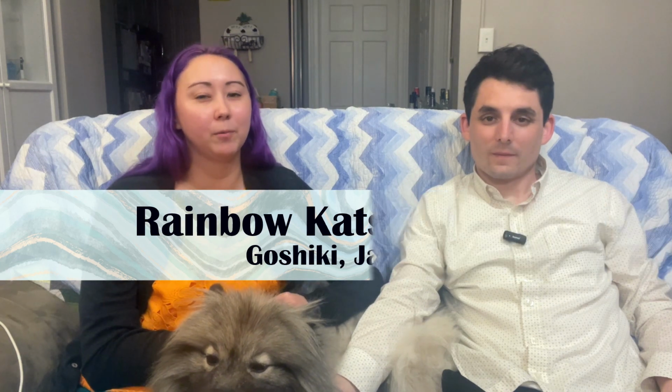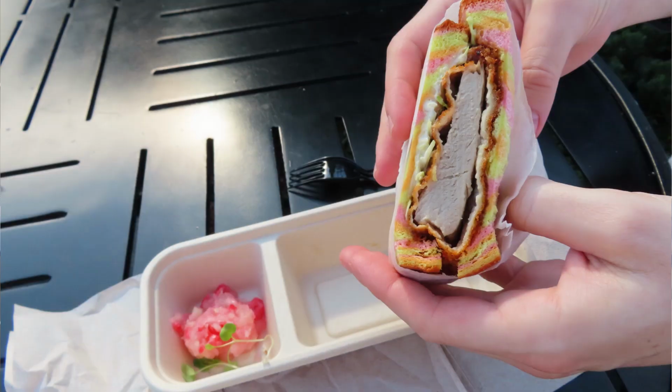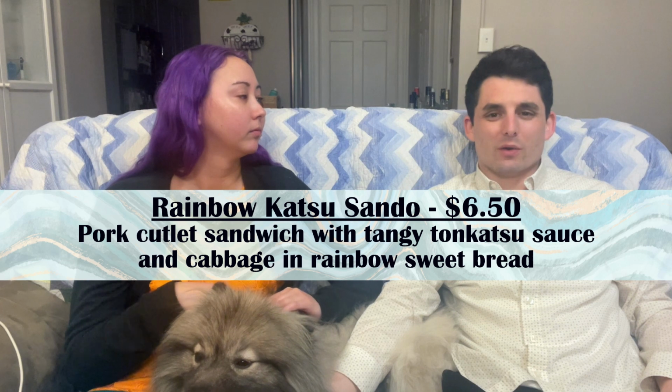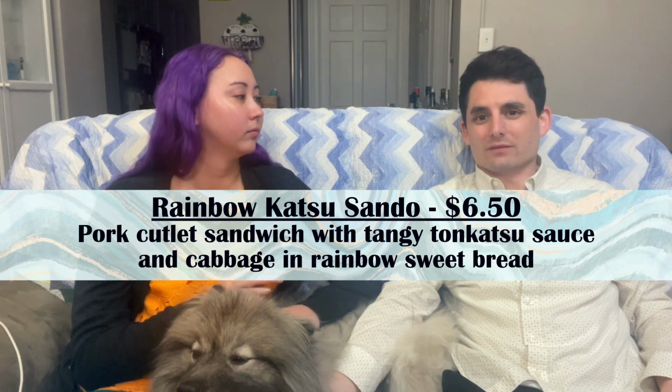And there we got the rainbow Katsu Sando, so it's half of a sandwich on rainbow bread. It's a pork cutlet cooked as katsu. What did you think? I thought that it was a good snack. I think it was decent size, but we were obviously one of the first people in line that day, so this was probably made an hour or two ago. Yeah, it didn't seem fresh. And it was just sitting under a warm heater until they opened, which is not ideal for a fried item,